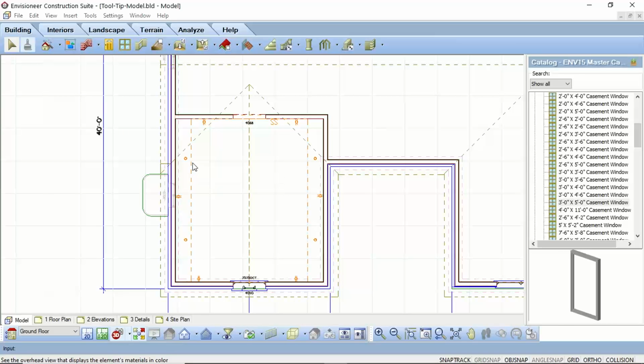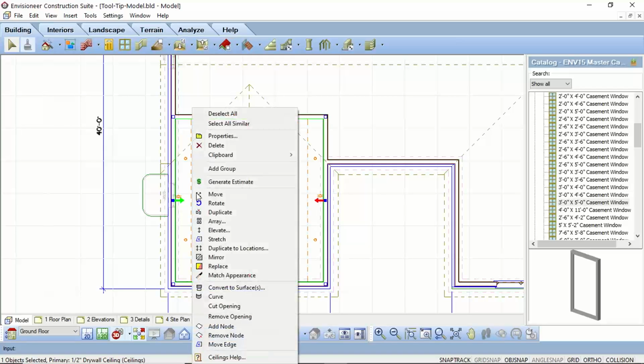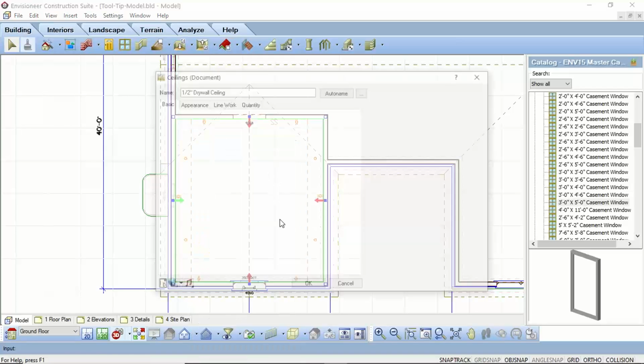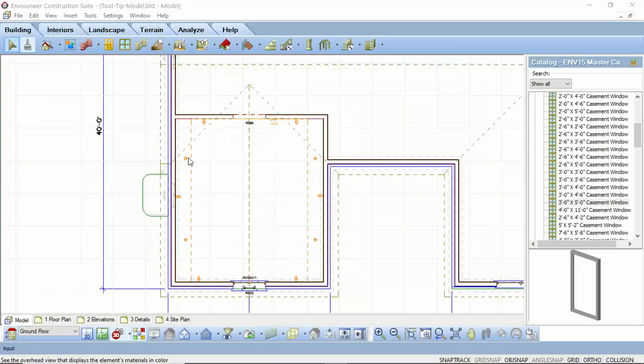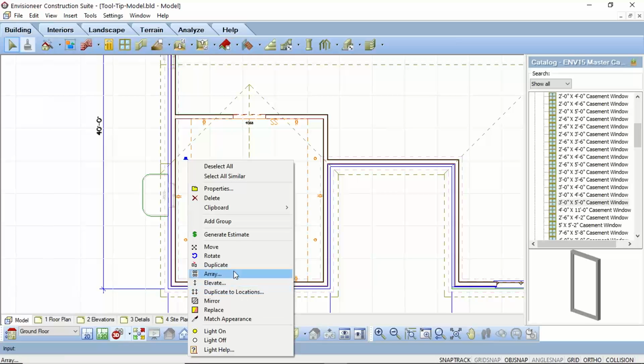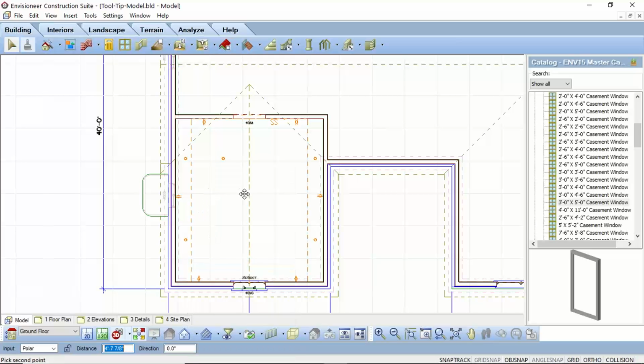So since I have the ceiling added in, I don't need to reinvent the wheel and try and figure out angles and slopes and degrees. I can just go into the properties and I can say, if I change this to be degrees, I know that that is 33.7 degrees. So I'll go in and I'll say cancel, and I'll take this light here and I'll go duplicate, and I'll move this over to here,